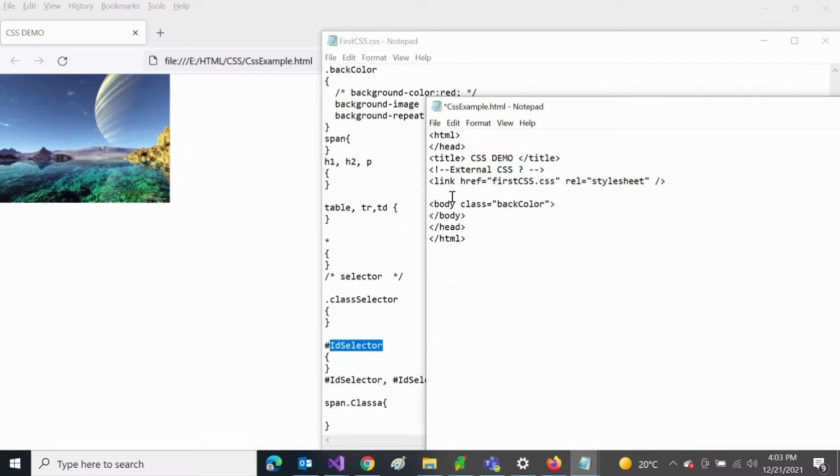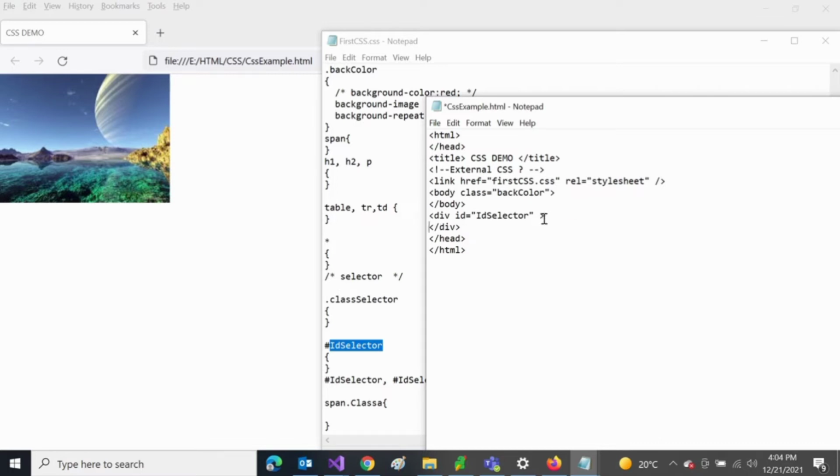So let's remove the rest of the CSS and try to add some div with the ID selectors. I'm writing the div id is equal to id selector just under the body, or you can put it inside the body also, because the main idea is to put all the content inside the body.